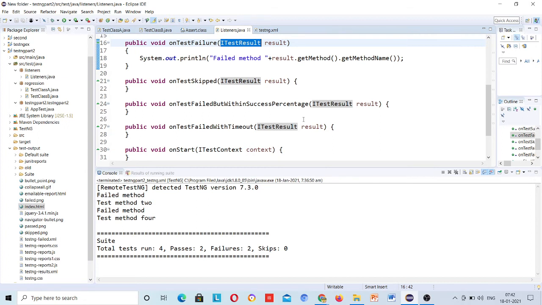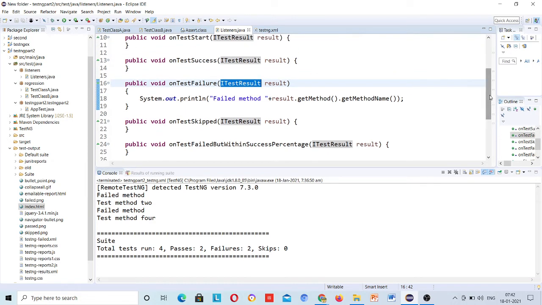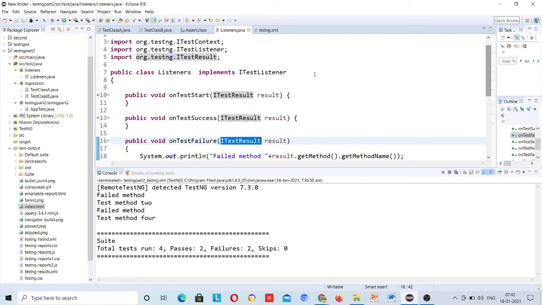Scroll up. Where you have written implements, right? I am not interested in this one. I am talking about this I test result, whether this is class or interface.